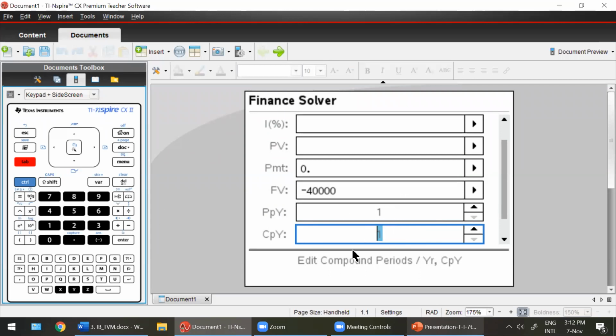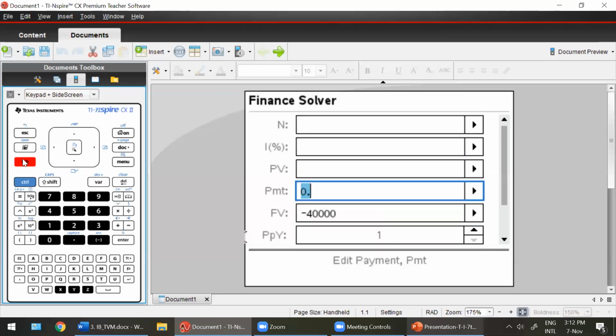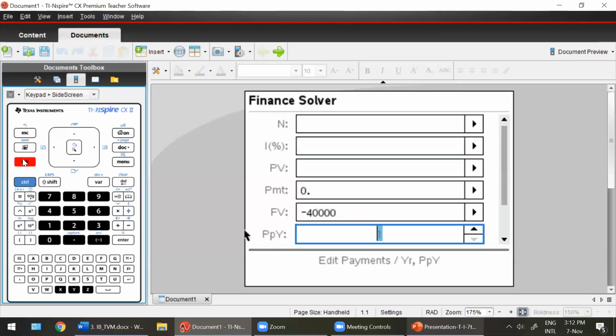Okay, so now let's say I want to move up. If you type the up arrow key, you observe it doesn't move. So in that case, you just press shift and tab. Remember, if you're going down in the table, just press tab, tab, tab, tab, tab. And if you want to go up in the table, just press shift and tab.